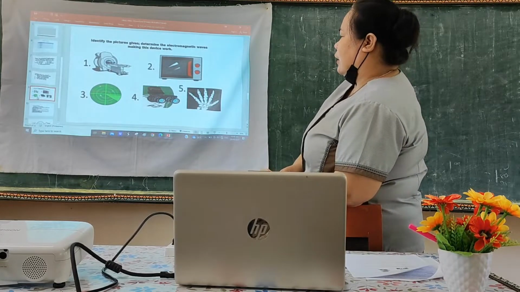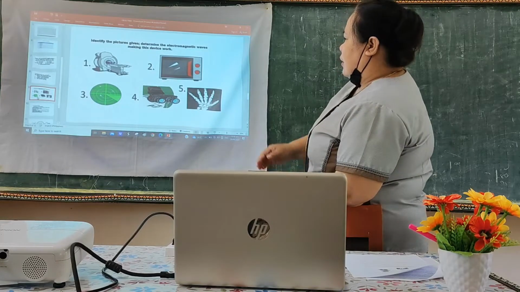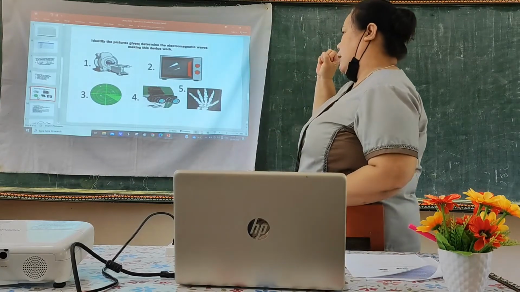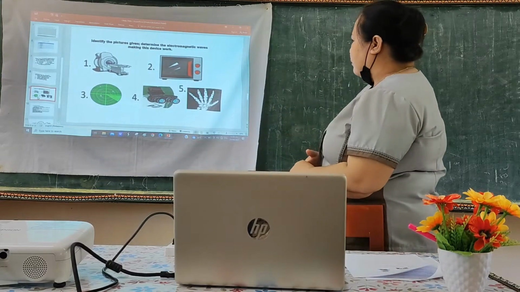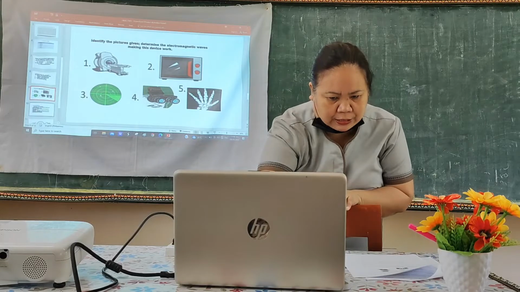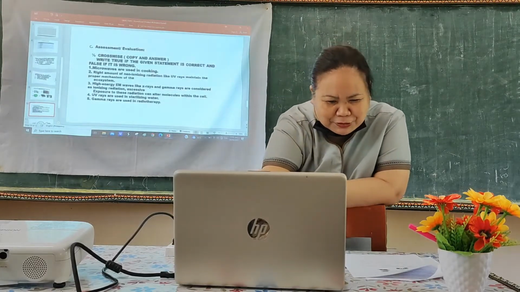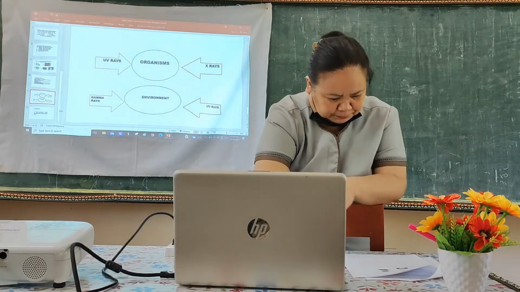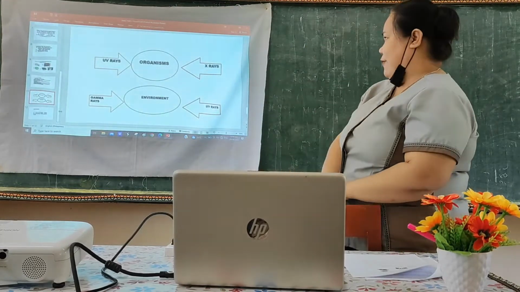And what makes the CT scan work? For example, for the CT scan, you can have radio waves, or you can have gamma rays for your CT scan. Okay? And that is for the abstraction. And the last one now is our application. For the application, we have to write the effects